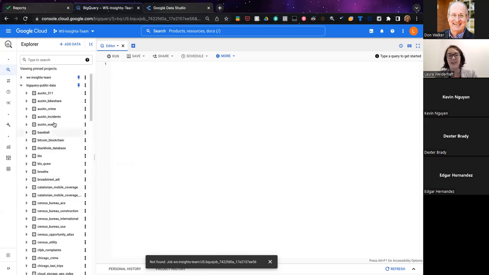Usually this is a way to organize if you have several different tables that are similar or share a primary key. If you're joining a lot of different data together, often you would want it in the same data set.